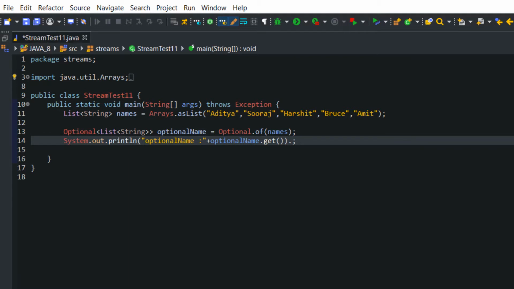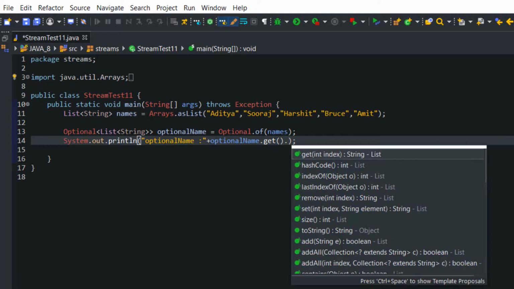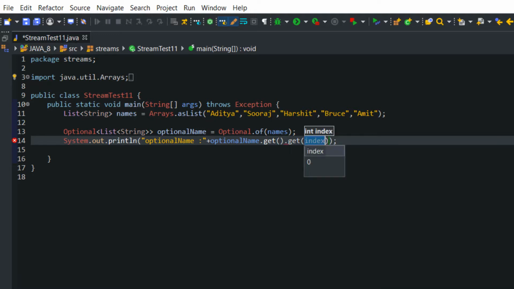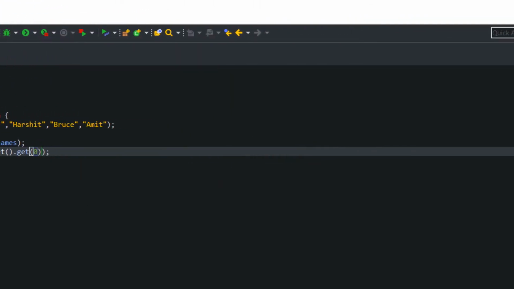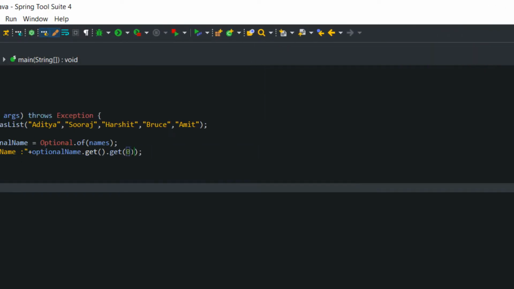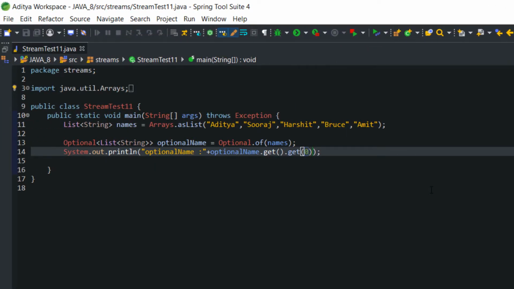We don't have to do anything. Just call this dot get, and here you can write your index number. For example, right now Aditya is at index number 0, so write 0 here and it will call the first name. If you want to call the second name, just change the index number from 0 to 1 and it will call the second name.